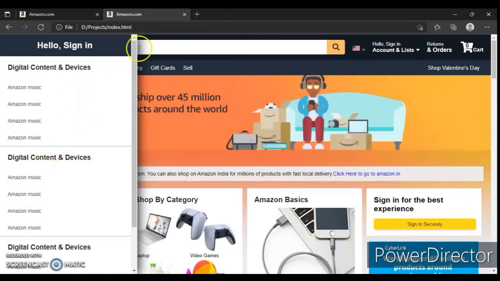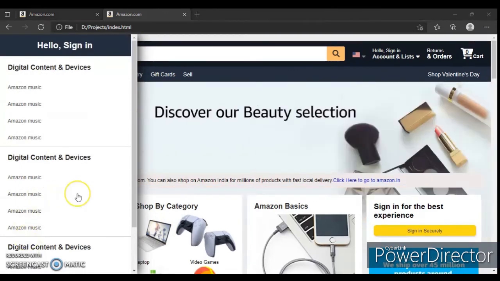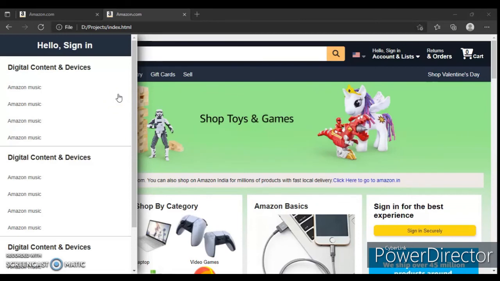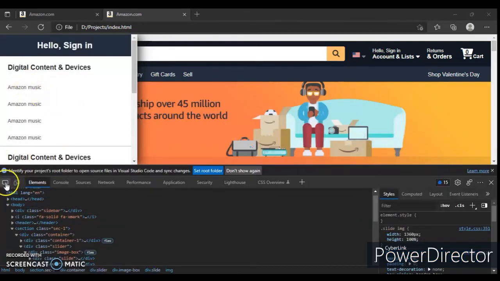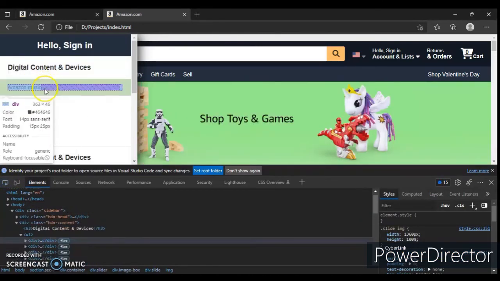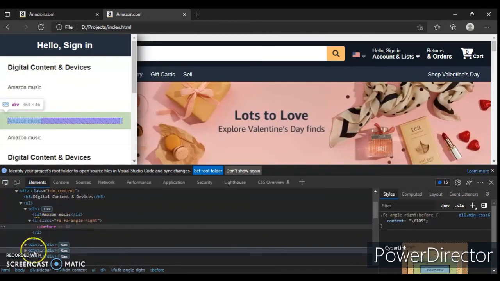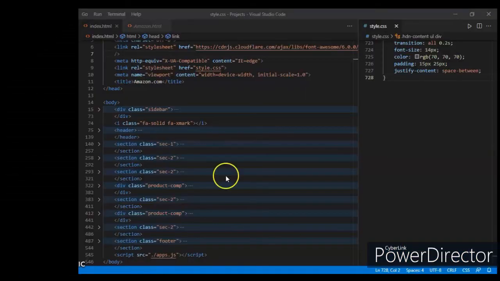There might be any technical issue, so the icons are not showing here. So guys, icons are not showing. I don't know why it's happening, just with some icons, but every icon is showing here. You can see here, this is Amazon Music, this is our div, and here is the icon. You can see, but this is not showing. I don't know why, but there is icon. If you put the icon, it will show here. So let's write this code. So we added this X mark, and now